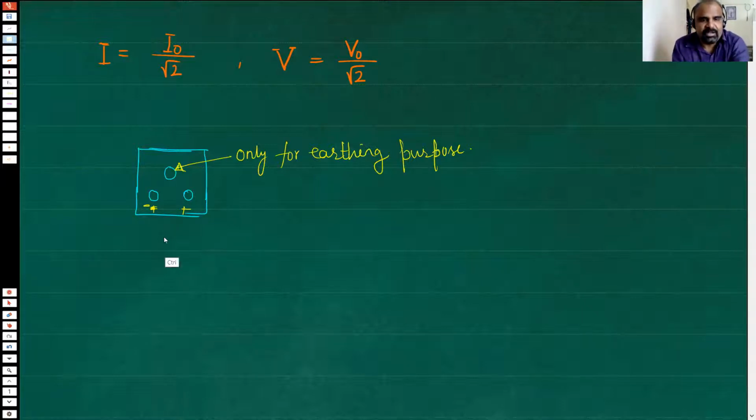Okay. Now, what is the voltage between these two ends? The voltage between these two ends, as I just said, is V inst. Now you don't have to use the word inst if you can write a small v. Why I ask students to write inst is because many students don't know how to write a small v. They write a small v like this and capital V also like this.